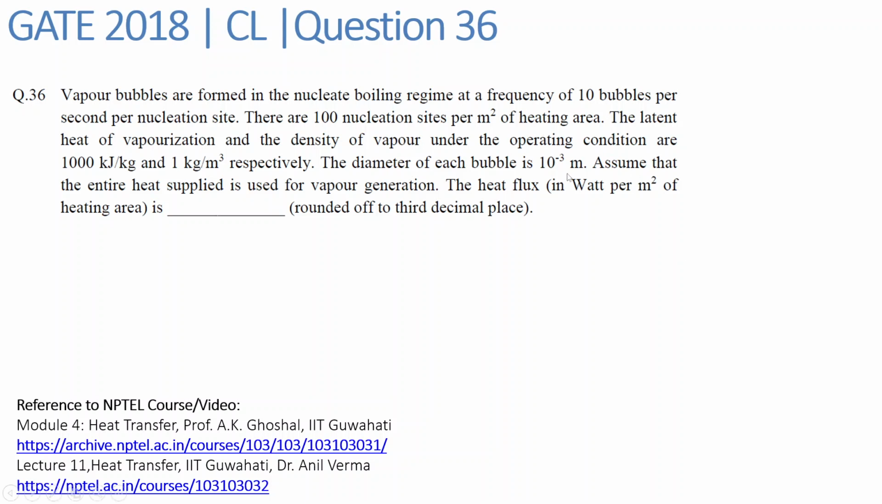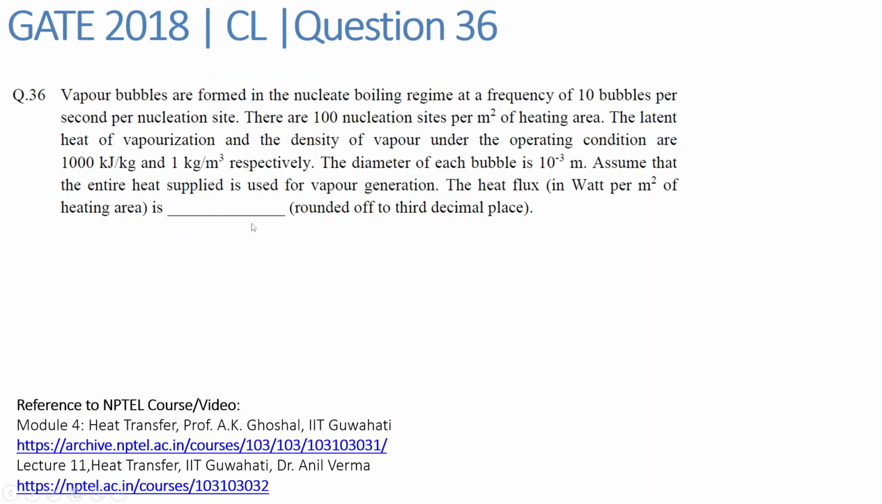Okay, so now let's look at question number 36. In this question, we have been given that vapor bubbles are formed in the nucleate boiling regime at a frequency of 10 bubbles per second per nucleation site. There are 100 nucleation sites per meter square of heating area. The latent heat of vaporization and density of vapor under the operating conditions are 1000 kilojoule per kg and 1 kg per meter cube respectively. The diameter of bubble is 10 raised to minus 3 meter. Assume that the entire heat supplied is used for vapor generation. The heat flux